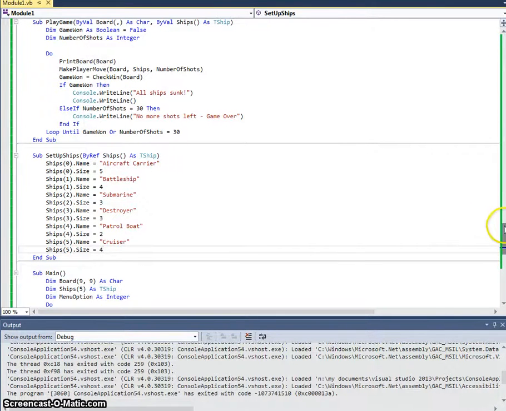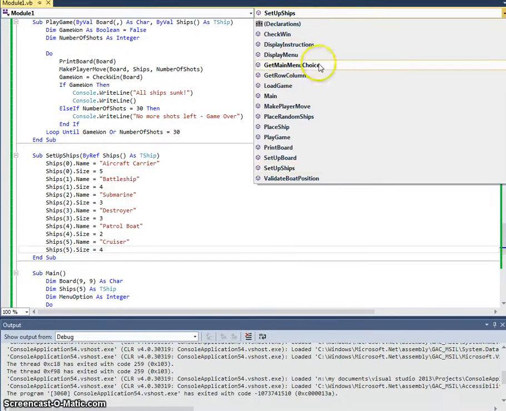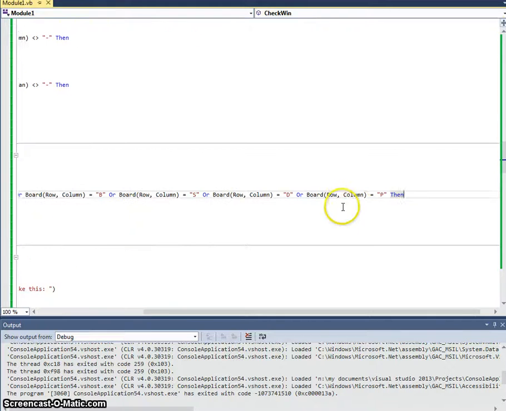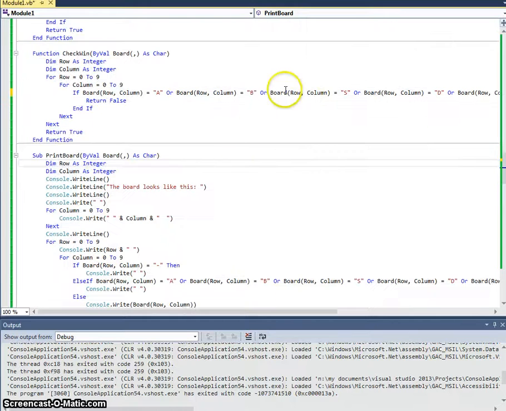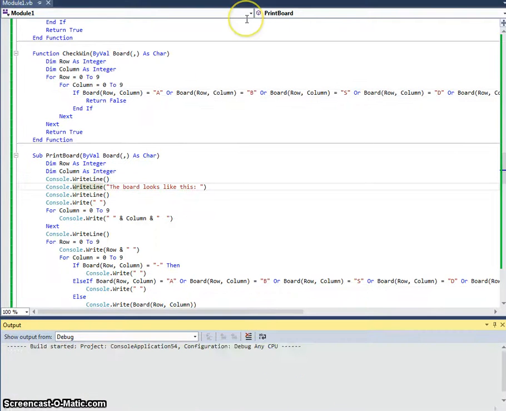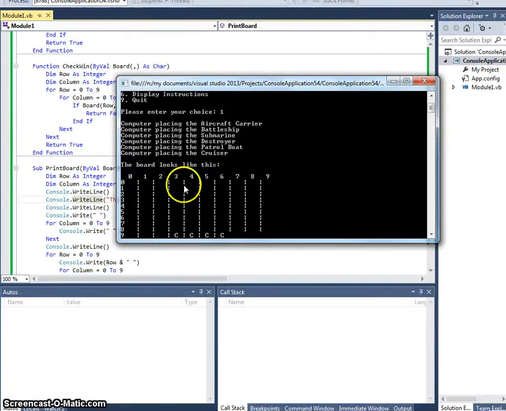What we also then need to alter is have a look at the check win routine, and this just needs an or statement added to the end. Change that one to C for cruiser, and we also need to check the print board, and again add that to the end, but for a cruiser. That will mean that it checks that cruiser for a winning position, and when we look at the board,